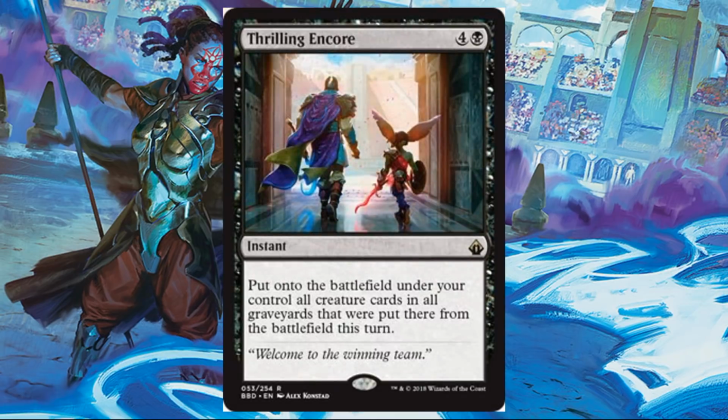Thrilling Encore. This is a black and 4 instant rare. Put onto the battlefield under your control all creature cards in all graveyards that were put there from the battlefield this turn. Welcome to the winning team. Wow, okay. A couple days ago, we saw the card Last One Standing, which has the same goblin in its art that you see in this card. And if you have this and Last One Standing, for 8 mana, you are just sweeping the board and taking all of those